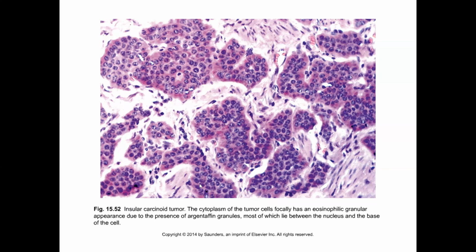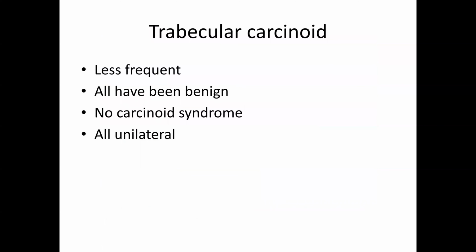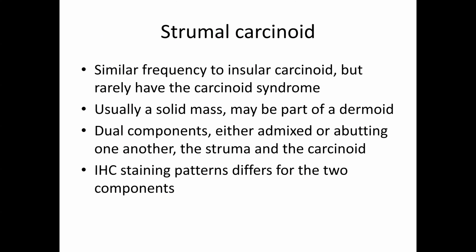A more insular appearance, like these islands of puzzle pieces fitting together, with the characteristic nuclear features of a neuroendocrine tumor: the salt and pepper nuclei, minimally prominent nucleoli, and very granular cytoplasm. A trabecular carcinoid is a morphologic type that is seen less frequently; however, they have all been seen to be benign, so it may be a meaningful morphologic variant. And then, as I mentioned or alluded to, the strumal carcinoid